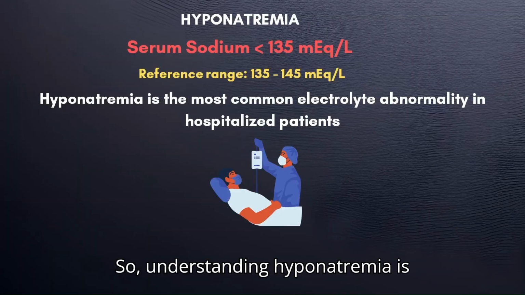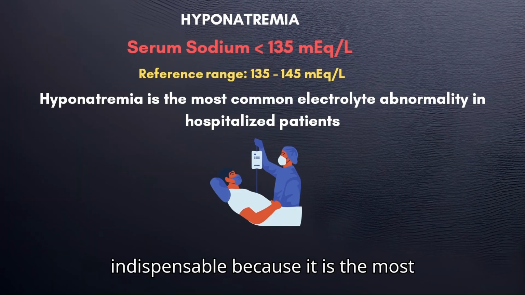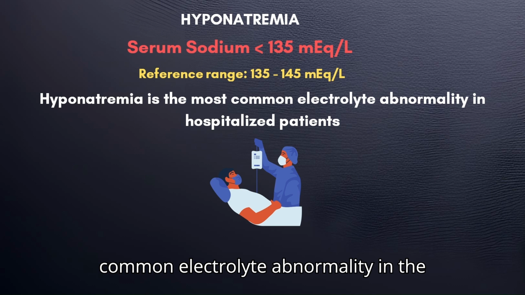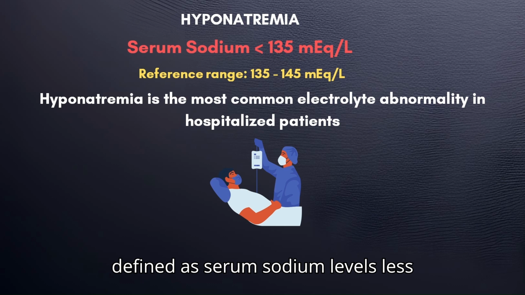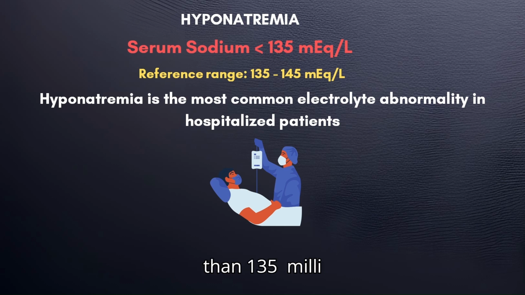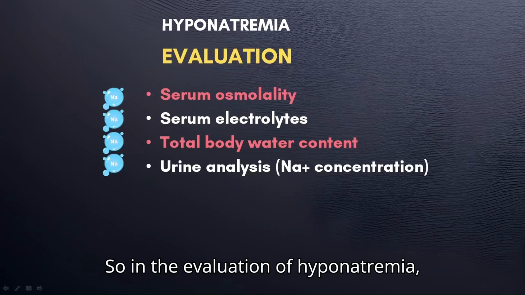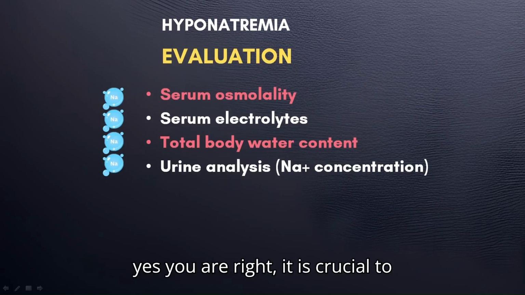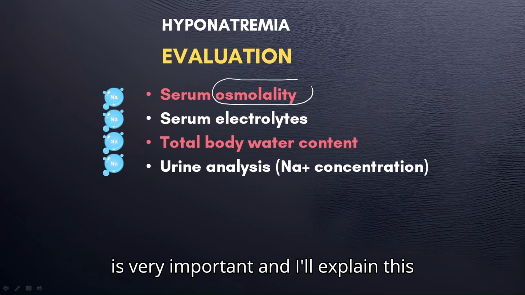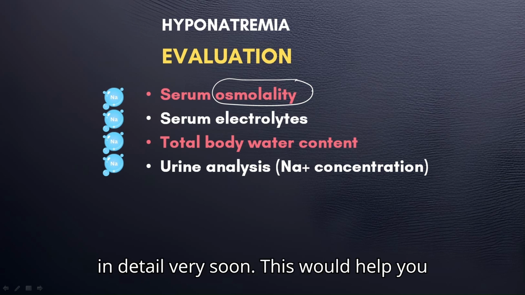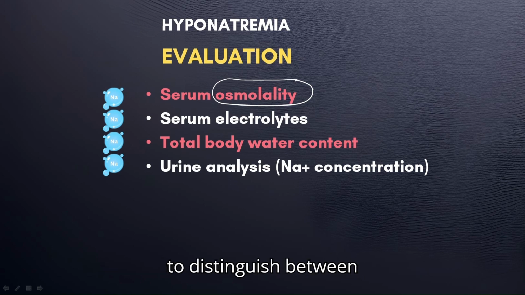So, understanding hyponatremia is indispensable because it is the most common electrolyte abnormality in hospitalized patients. Hyponatremia is defined as serum sodium levels less than 135 milliequivalents per liter. In the evaluation of hyponatremia, it is crucial to measure serum osmolality. This is very important, and I'll explain this in detail very soon. This would help you to distinguish between hypotonic, isotonic, and hypertonic